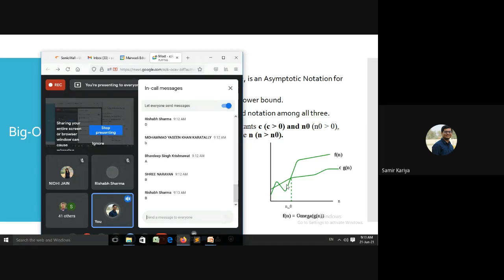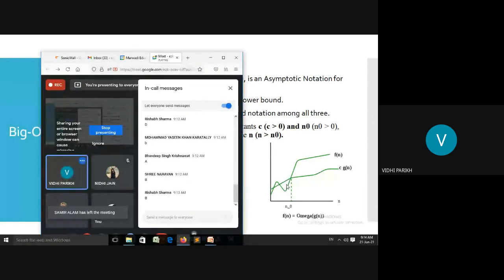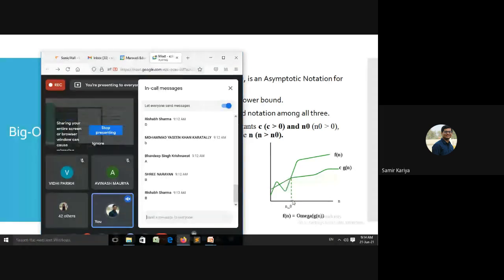See, just try to recall. Sir, after n0, the function will be having a perfect nature, either linear, quadratic, cubic, or constant. Yes, Vidhi, correct. But before n0, we cannot say anything. And as per the definition of an efficient algorithm, we are only concerned about the large input. If you take a small input, then it doesn't matter. We have also discussed that.